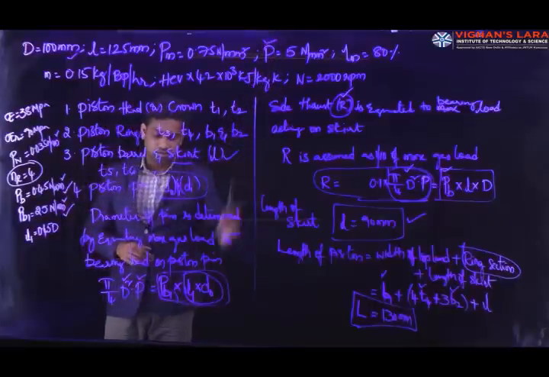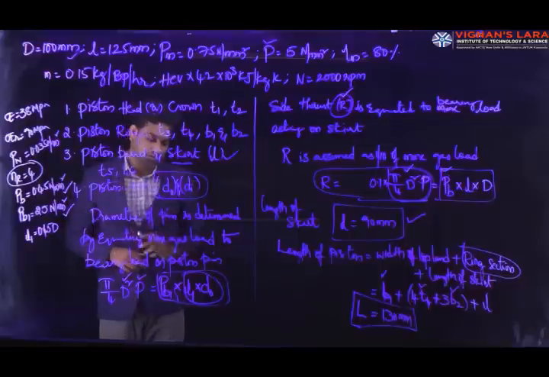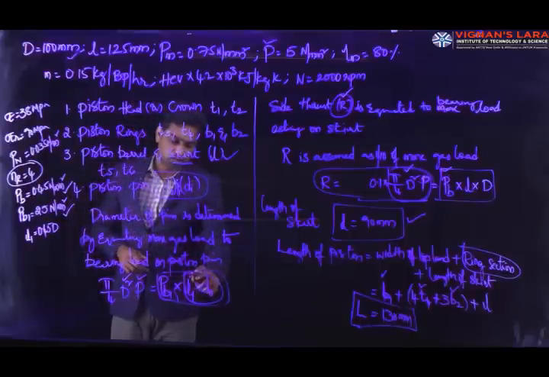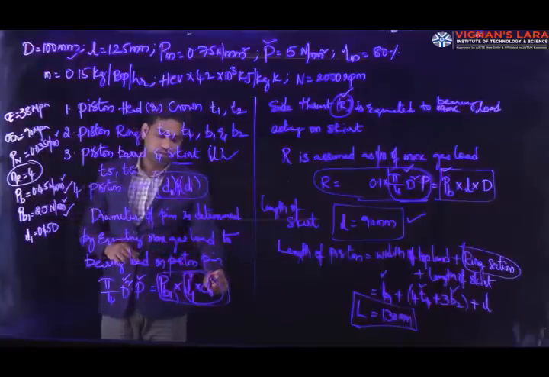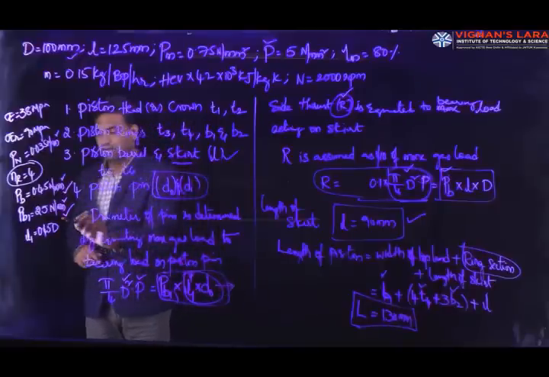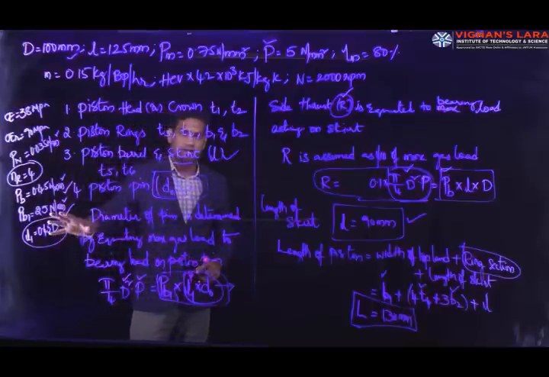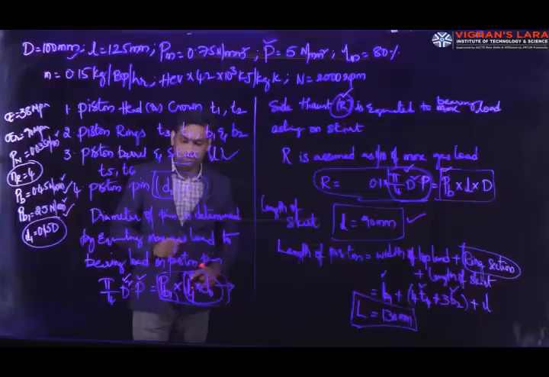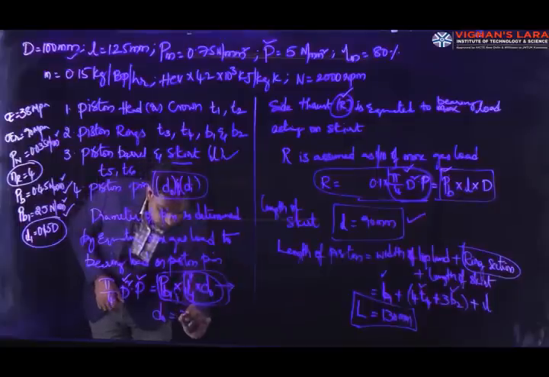It is also given in the data, and pb1 is taken as 25 Newton per mm square for a bronze bush, and l1 is unknown, that is the length of the pin inside the bush. Under d0 we have to calculate it. Here l1 can be taken in terms of diameter by using the proportion: l1 as 0.45 times D. By substituting all the values, we get the outer diameter of the pin, d0, as 35 mm.